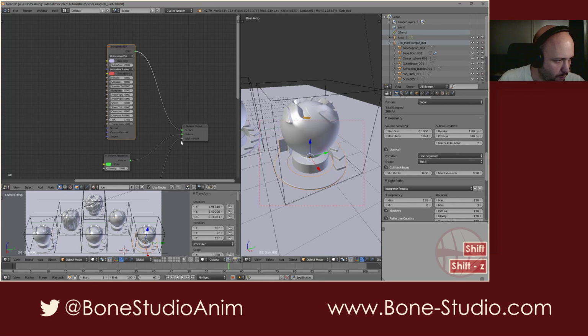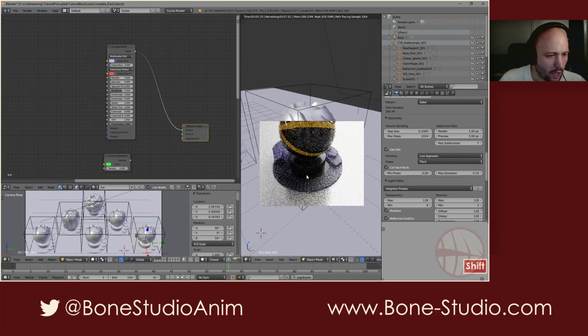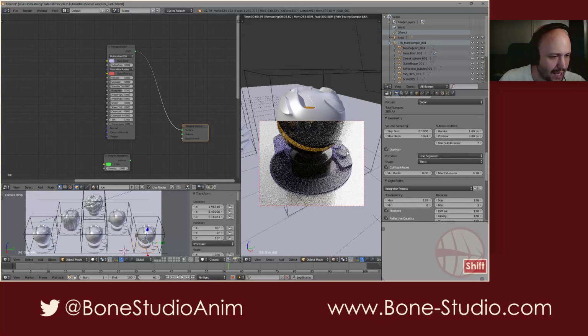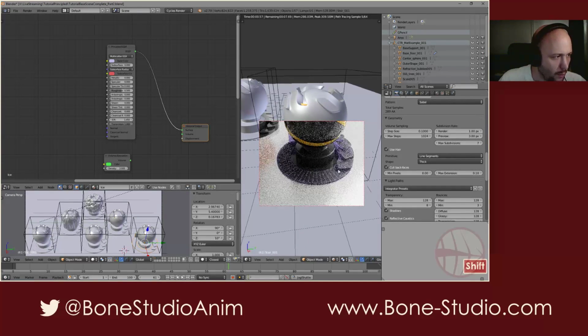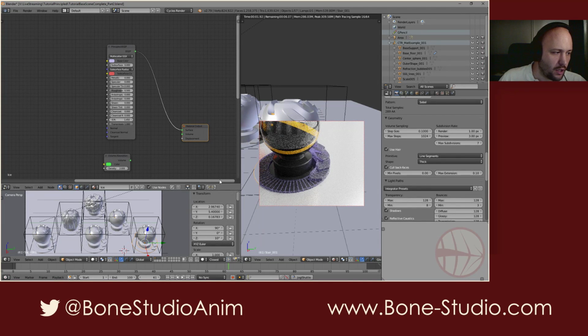Let's remove the displacement and the volume. Here we have our glassy material, of glass, with some roughness, as I told you. Here we have the roughness, the transmission at 1, and the base color that is defining our color. So I added a volume shader to make it have some kind of foggy insides. So if we connect the volume shader,